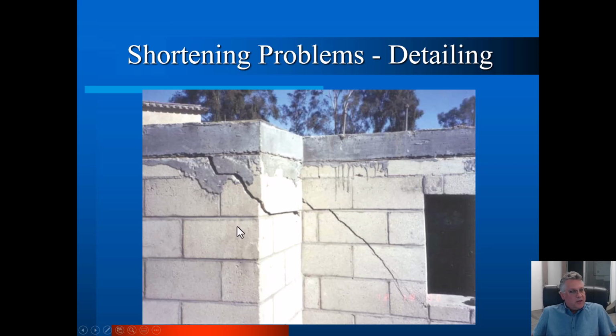And I asked him not to do that. He told me he wasn't going to do it, and then he came and did it anyway. And then we all had to meet out at the job site, and I said, this is what happens. Our slab is trying to move to the right. It's trying to move to its center of mass after being stressed. And it's going to take everything it's hard attached to with it. We tried to slip this, but with anchor bolts going through the system, it grabbed the wall. And this was only a couple days after the slab had been stressed. My understanding is this got much worse before it got fixed. So these are the things to watch out for.